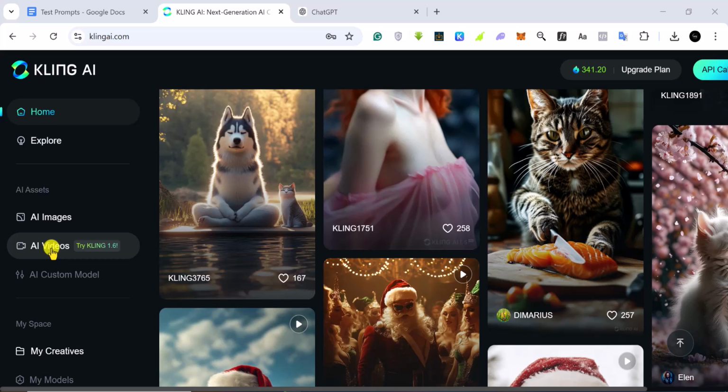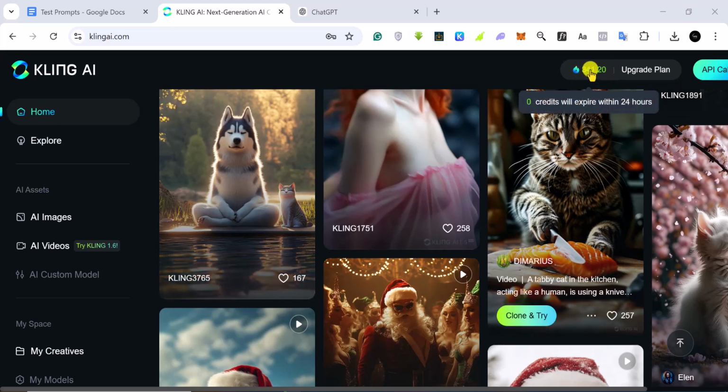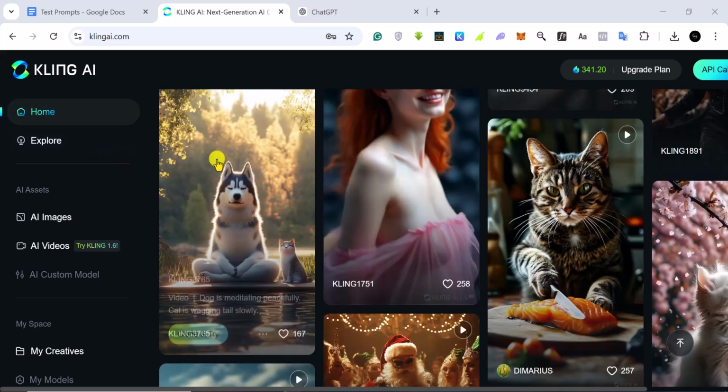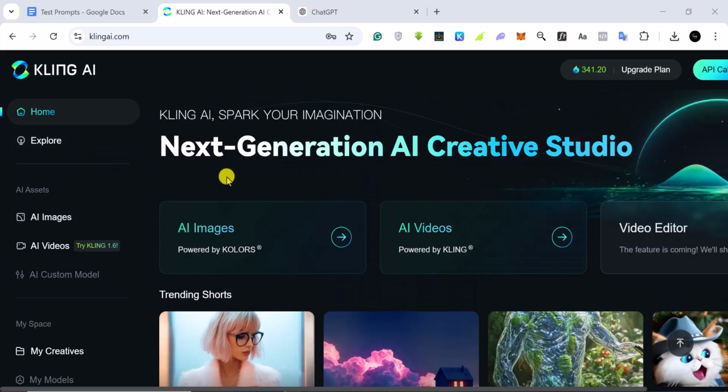All right, so I'm just going to show you how the website works and how you can use it for free. So you get some coins here, and these coins or these credits, they will expire I think after 24 hours or thereabout, but you get I think 300 and something, and you can use it to create what you want to create. So at the top here we can decide, let's say if we want to create images,